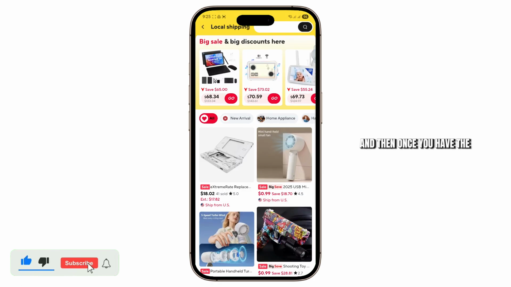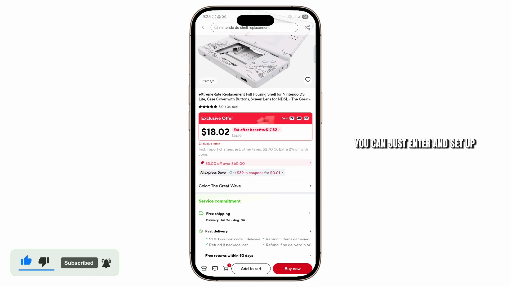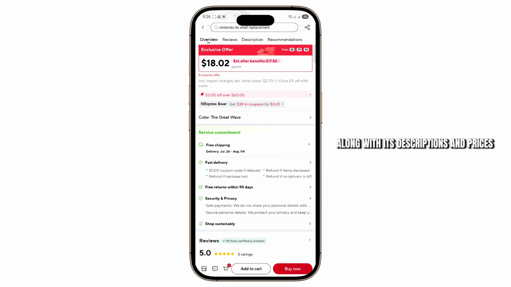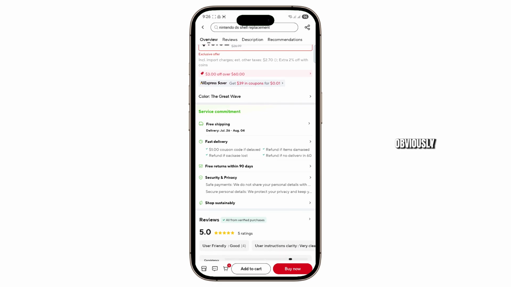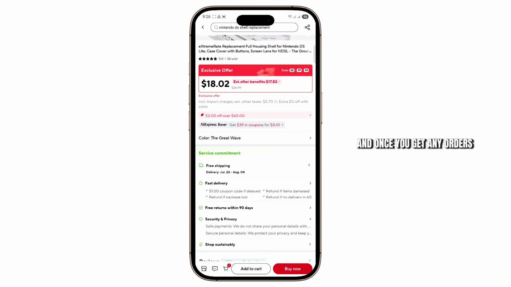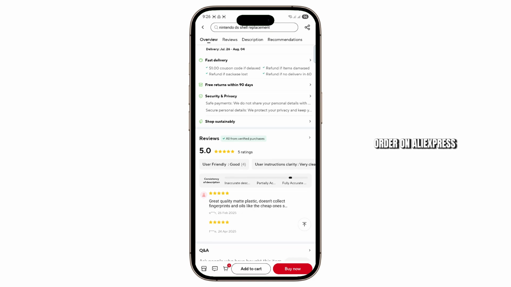And then once you have the details of the product, you can just enter and set up the product on your TikTok Shop along with its descriptions and prices. Obviously, you have to set up the price a little bit higher than what it costs you on AliExpress to gain profit. And once you get any orders on TikTok Shop, you can directly set up the order on AliExpress,